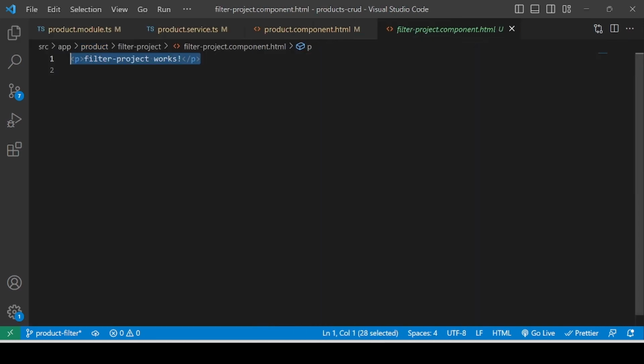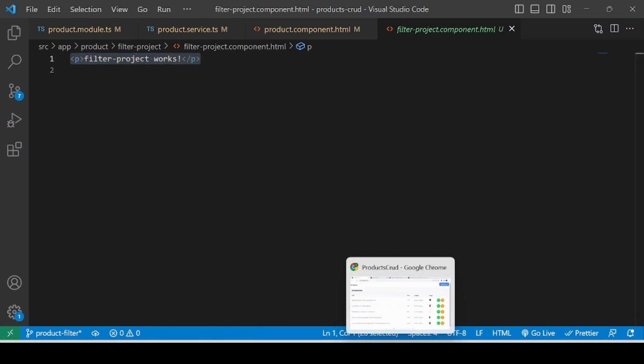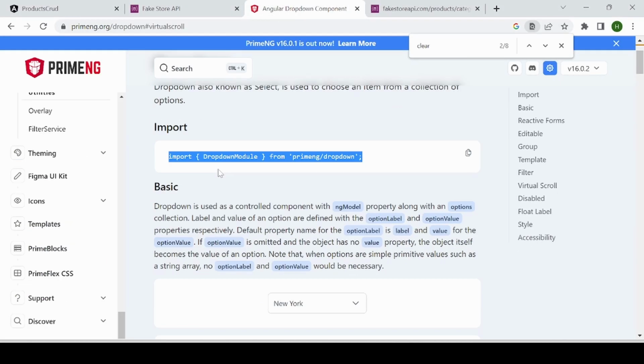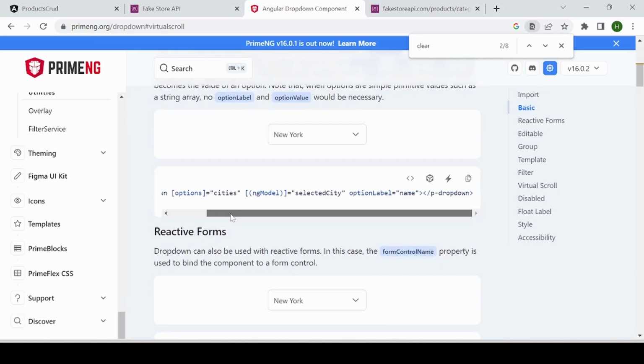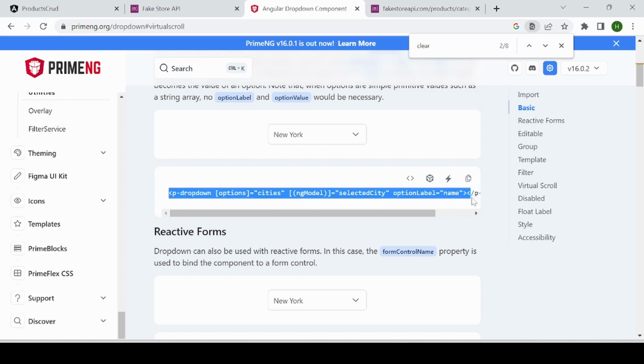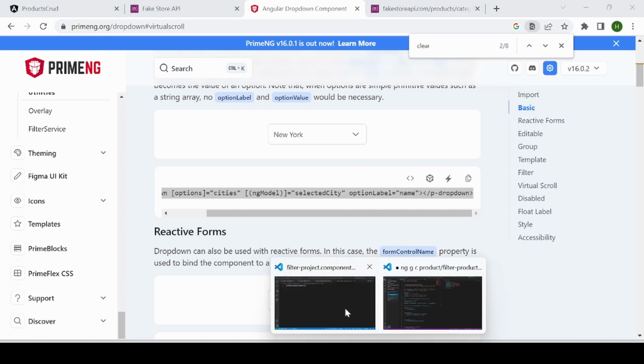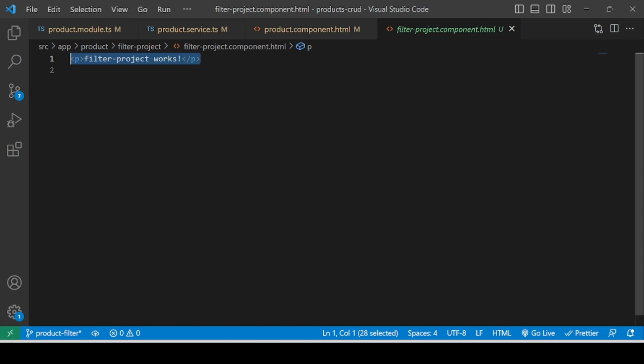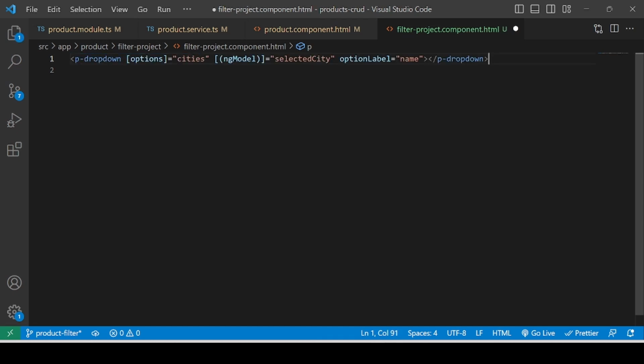you have to use the drop down component. So I'm just taking the drop down sample from here. So the p drop down options and ng model. If you want to see how to integrate the drop down, you can see another video which I have created for the p select, p drop down. So p drop down and options ng model, I'm not choosing any optional label name because it is a string array for now. So here I can tell it is a selected category,